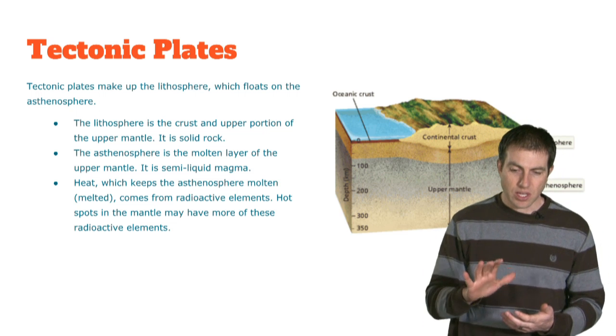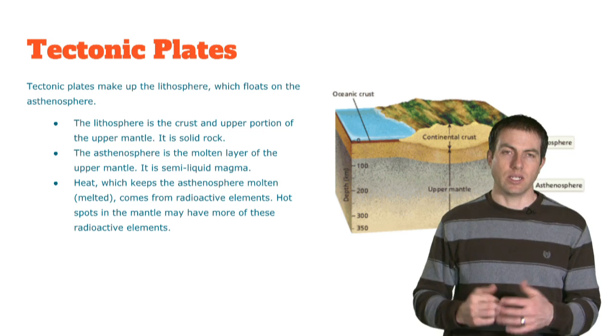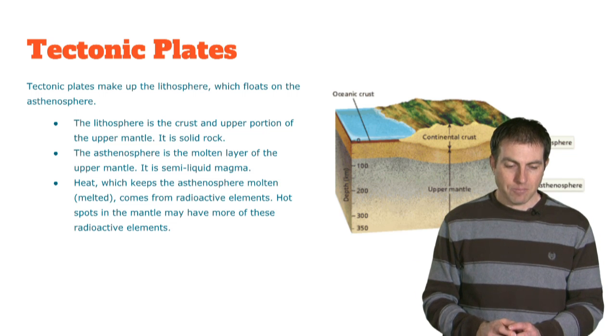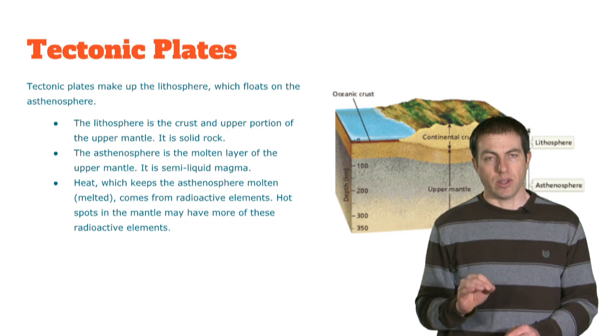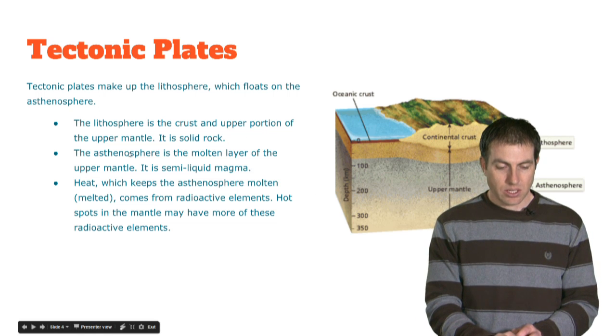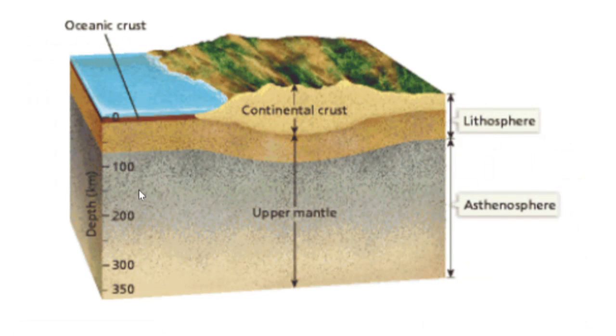So the asthenosphere, we talk about being semi-liquid. It's not like a liquid like water like we think of it. And then the one really important point on this page is the heat which keeps the asthenosphere melted. So this asthenosphere is this liquidy bit here. The heat that keeps this melted comes from 2 things. The big one is radioactive elements. So there's radioactive uranium and all sorts of other elements in this asthenosphere that are decaying constantly, and they cause a lot of heat, and that keeps this layer